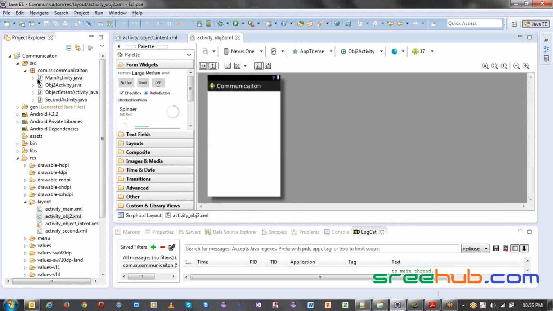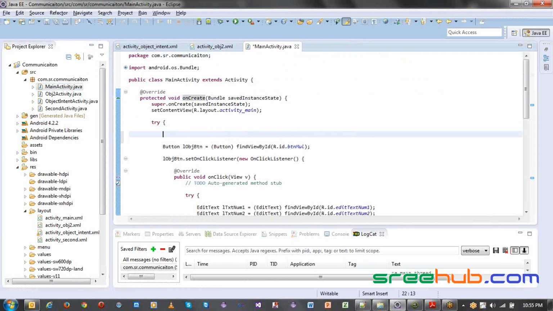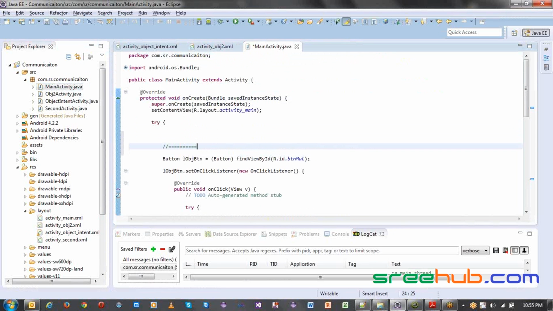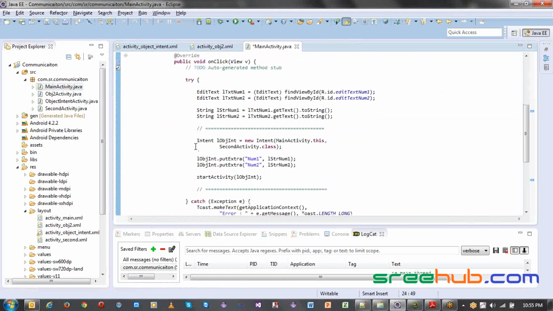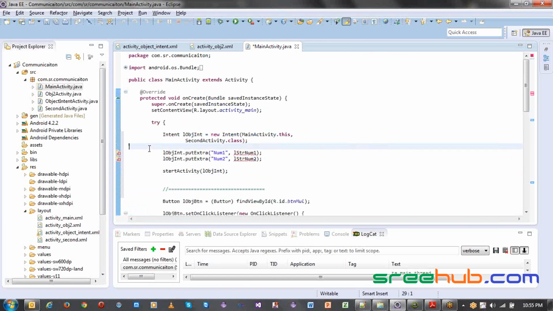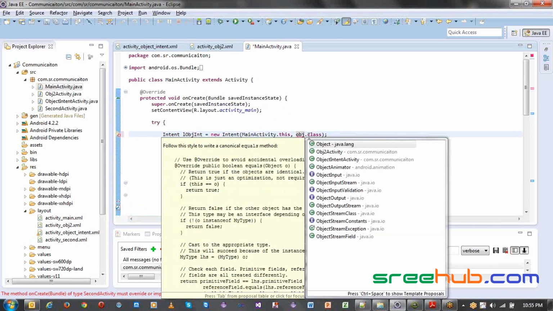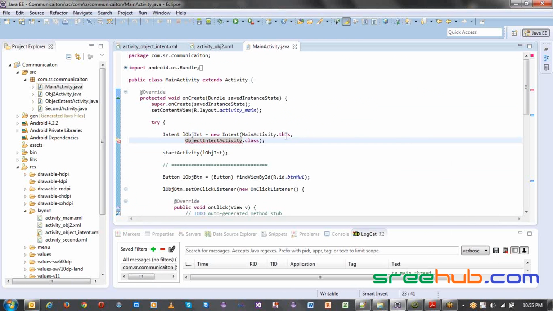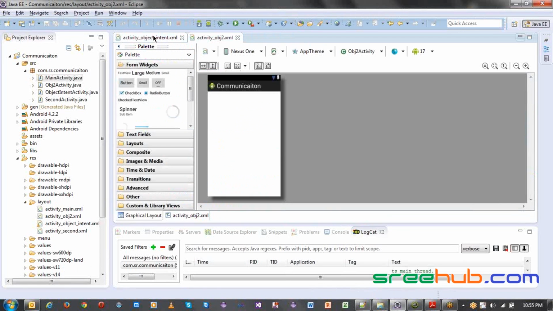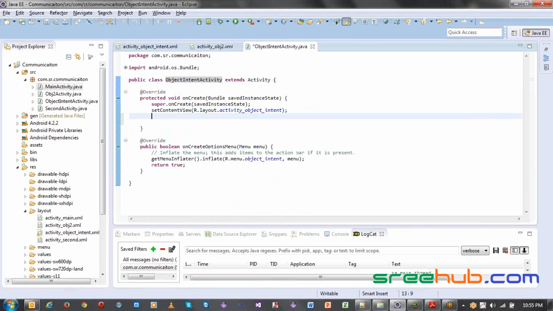Now let's go to main activity. On create we don't want anything here as of now. So let's create the same intent, and we don't need any put extras, we just want to send it to the activity called object intent activity. Fine, perfect. Now in this object intent activity, we want to